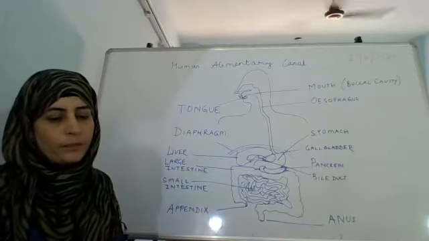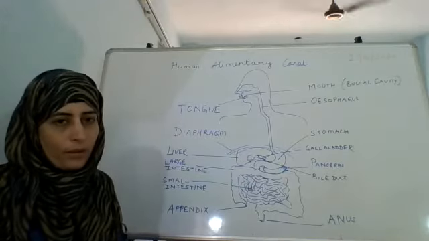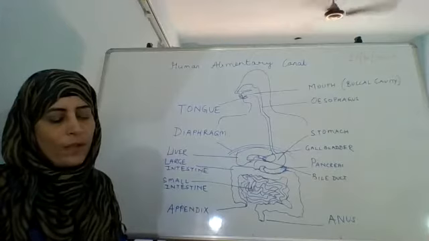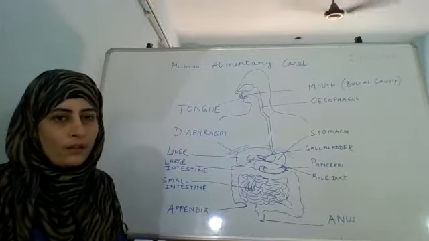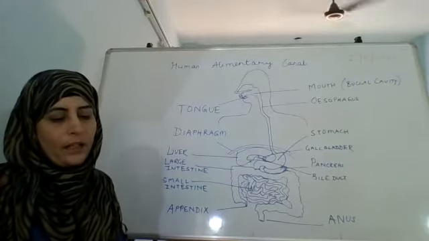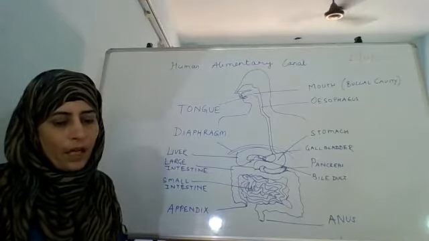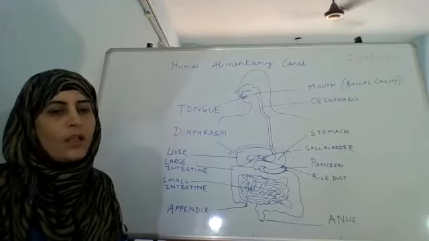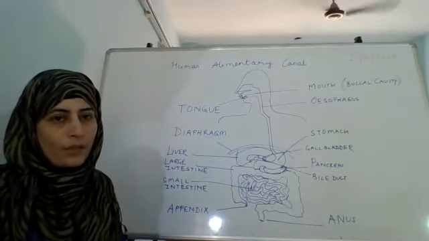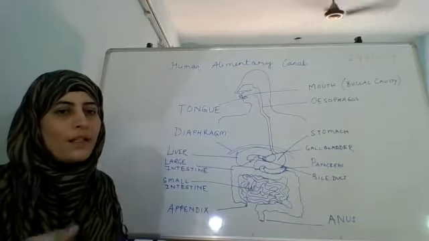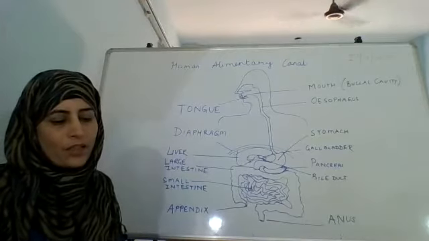The stomach here is a very large organ, which expands when food enters it. It is a little elastic, so if there is food in it, it expands. And the walls of the stomach are muscular, so they move back and forth, and they help in the mixing of the food thoroughly with more digestive juices. The digestive juices mix the food and make it simpler so that digestion can begin.